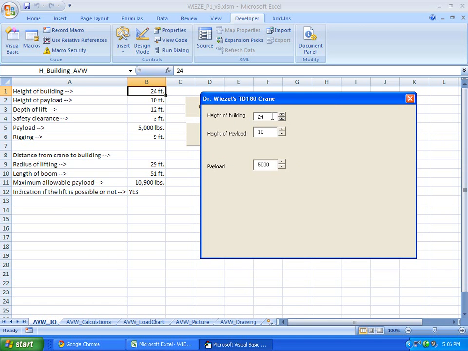For the next time we meet, you will have to have 6 of these. I only created 1 fully and 2 partially. You will have the height of building, the height of payload, the depth of lead, the safety clearance, the payload, and the rigging all set together. And they will all be working with the one